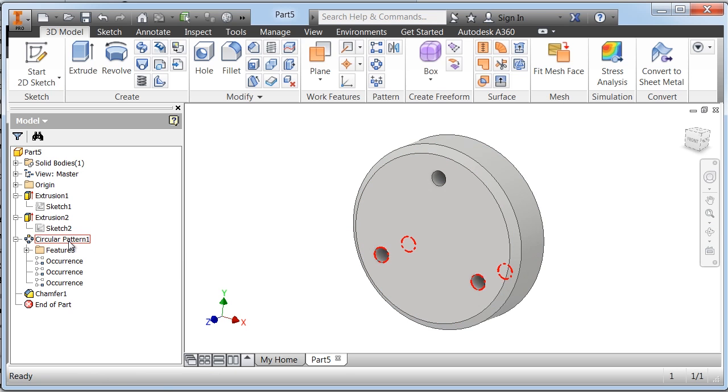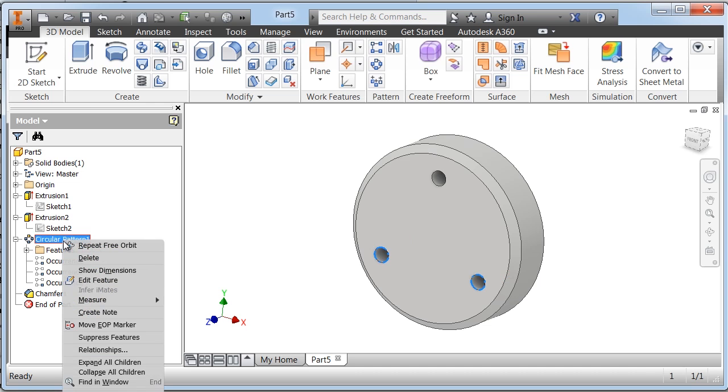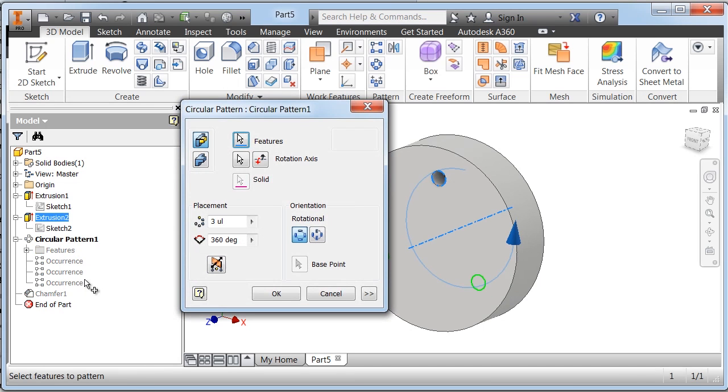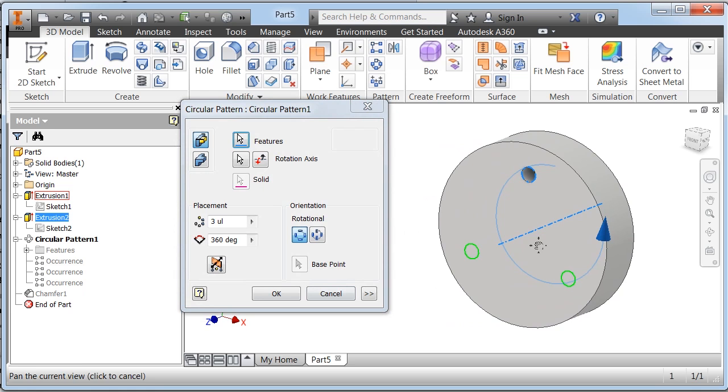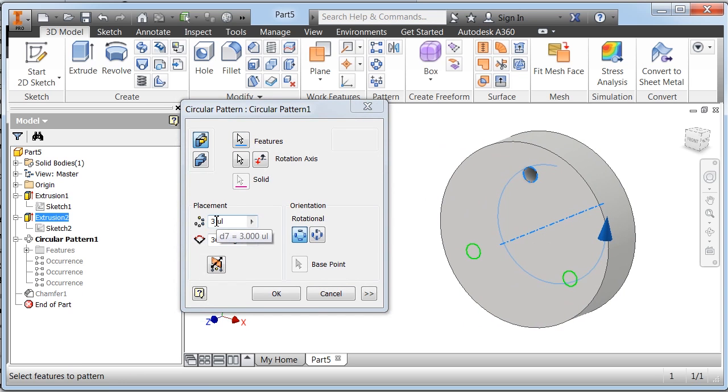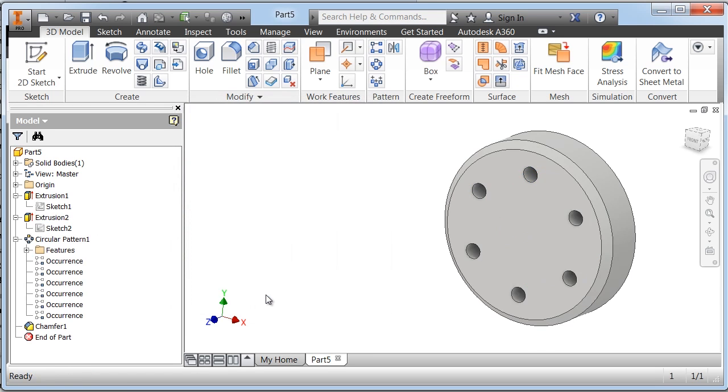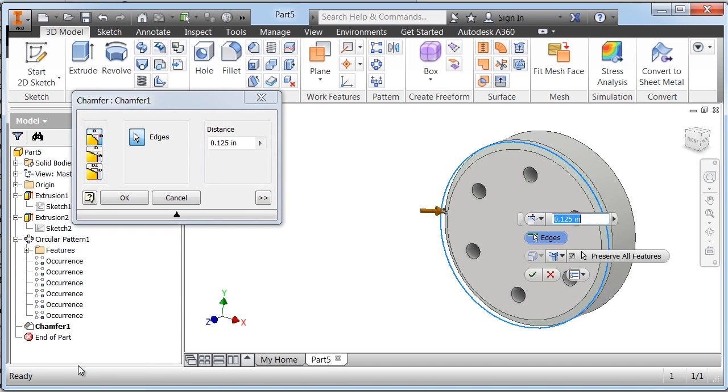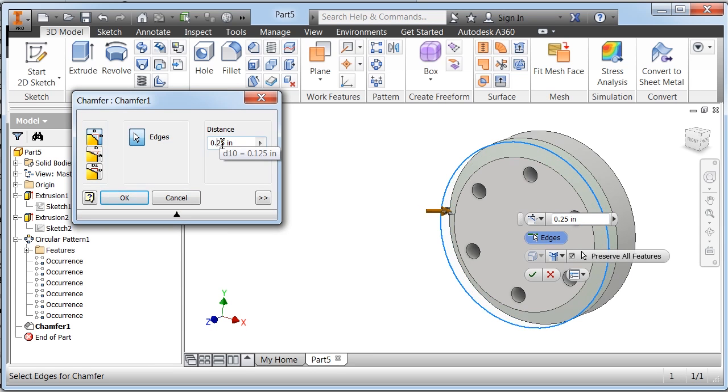Next we'll move our cursor over Circular Pattern, we'll right click, left click on Edit Feature. The Circular Pattern dialog box comes up, and we can change the number of occurrences. So we'll make it 6. And then we'll enter OK. Now, move your cursor over Chamfer, right click, left click on Edit Feature, and we'll change this to 1/4 inch chamfer. Left click on OK,